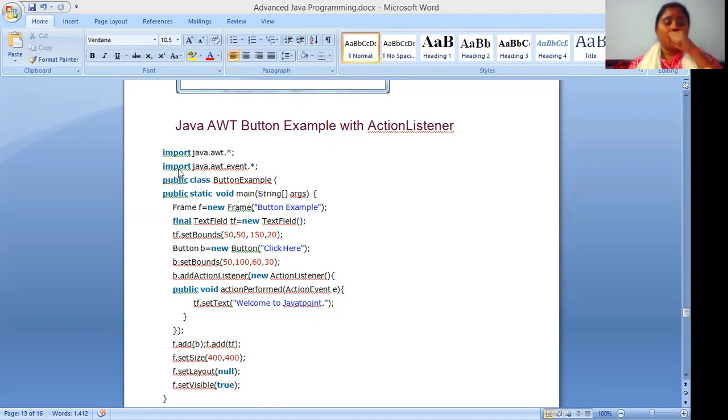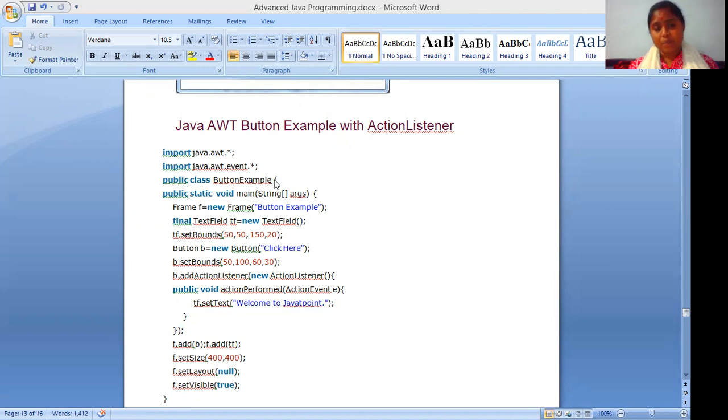The next is import java.awt.event.*; in this statement, we are importing the event package, and then we are creating a class, public class ButtonExample. The name we are putting here is ButtonExample.